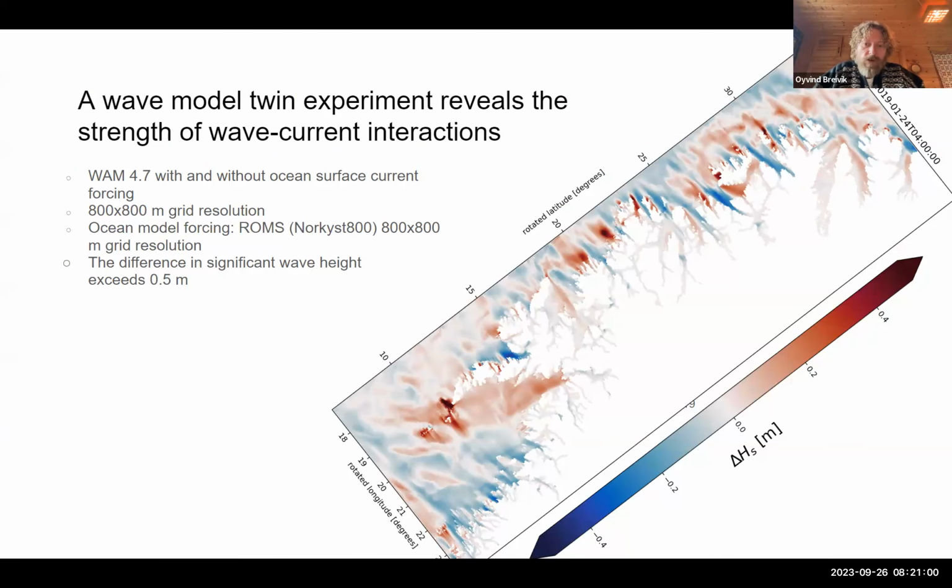This is a snapshot of two different wave model runs at 800-meter resolution. One is with current refraction and the other is without, and what you're seeing is the difference. So you're seeing that at any given point in time, there will be differences due to wave current interaction on the order of 0.5 meter. Obviously that depends on the sea state, but that's typically what you see. So 0.5 meter is quite significant if you have a plus minus 0.5 meter on that. So we can identify directly that there are a lot of areas that see very serious wave current interaction in